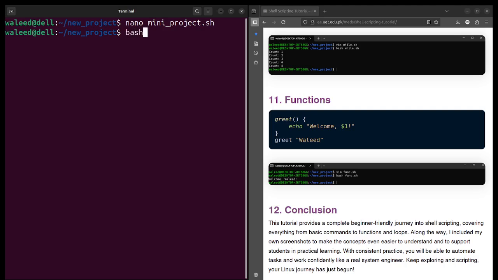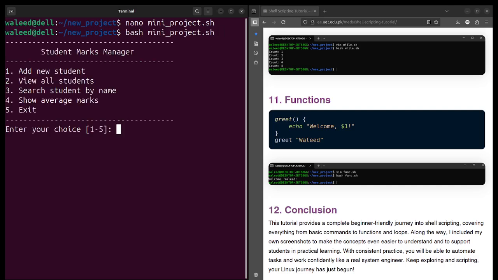Okay, so to run, as usual, we will use bash and then the name of the project. It is asking me to enter my choice. For example, I want to add a new student, so I will simply press 1, and then it asks me for the name of the student.